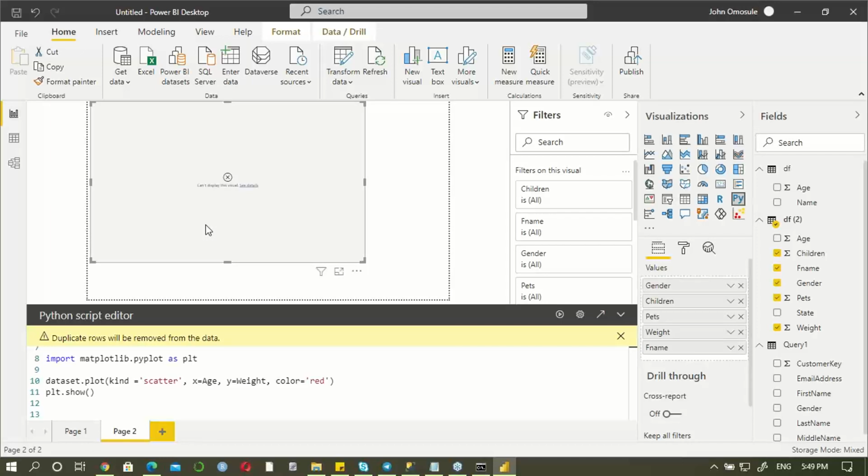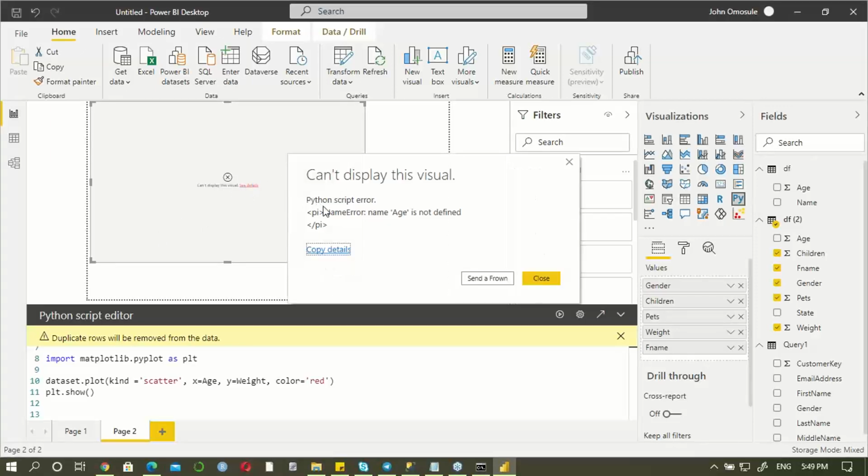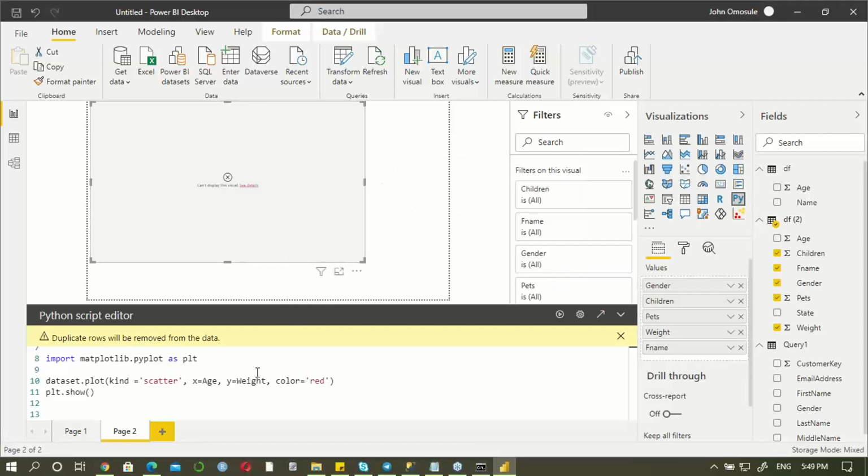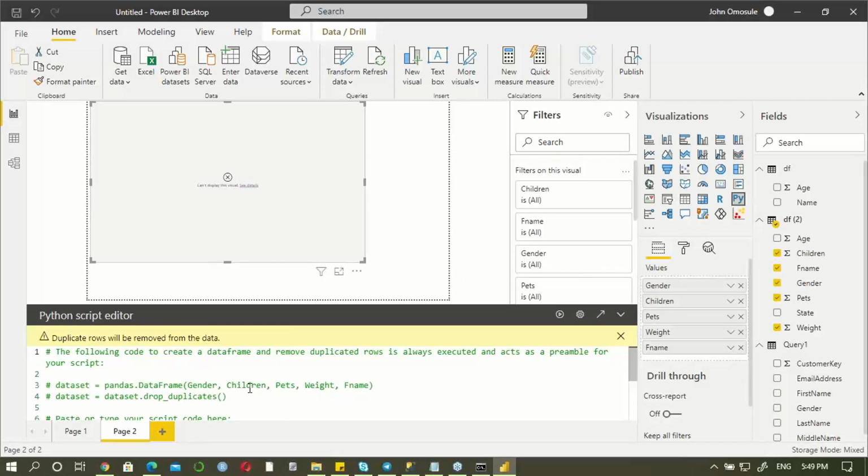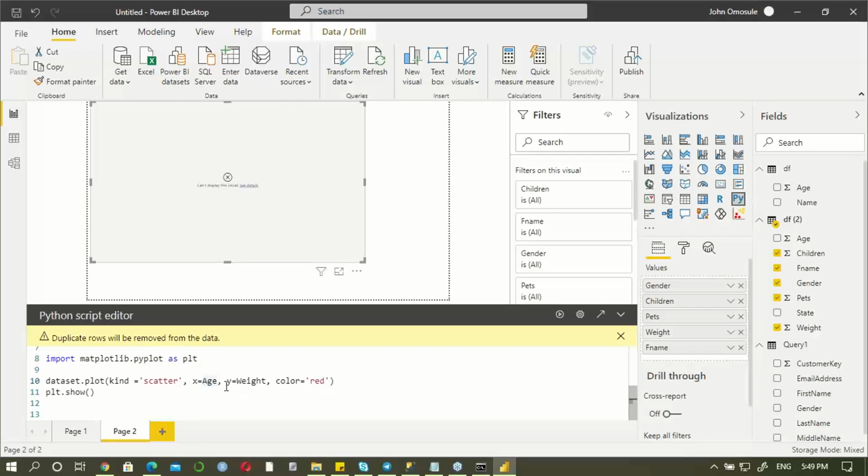Okay, it's saying that there is an error. So I'm going to see where the error is. See details. From see details, you will know what the error is. Python script error, name age is not found. Okay, I did not have age as part of what I put here. So let me put pets and width, because there's no age as part of what I put. So if I run this now,